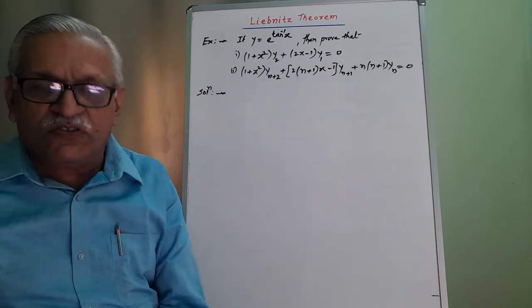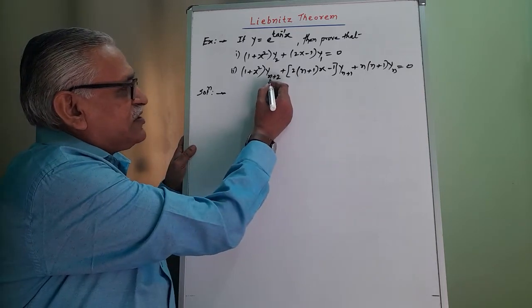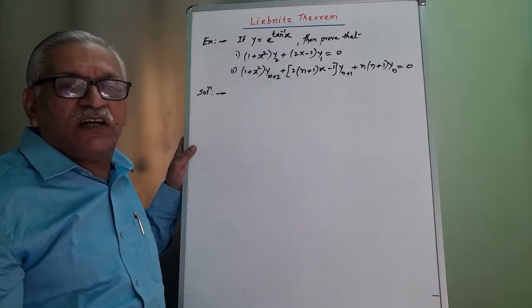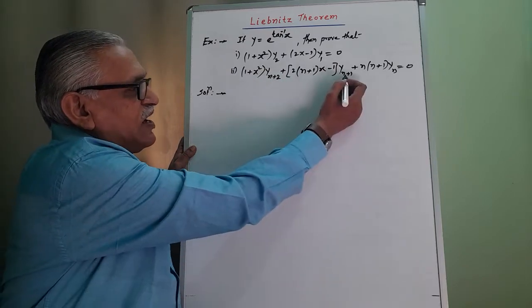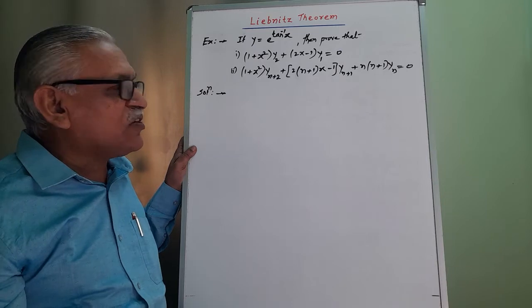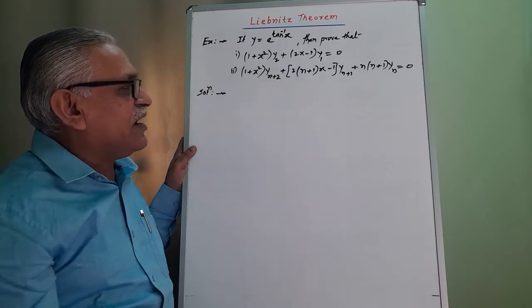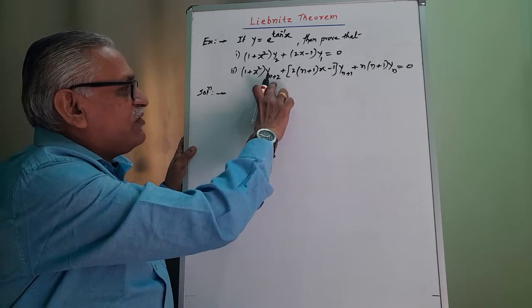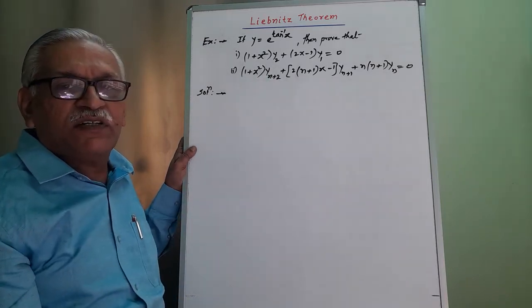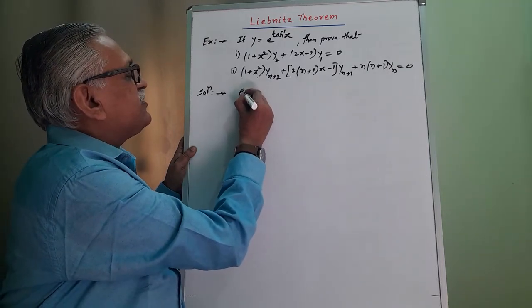And therefore to prove this result, if you observe this second result, there are the terms y(n plus 2), y(n plus 1) and yn. These are the order of derivatives in decreasing order, and whenever we are having such type of term, it becomes a problem of Leibniz theorem. And therefore here given is